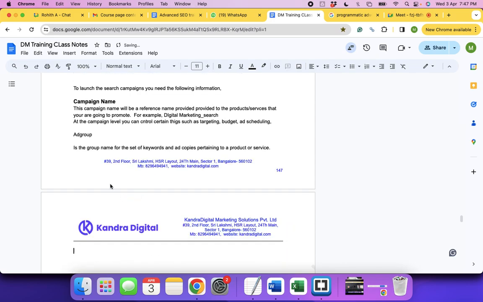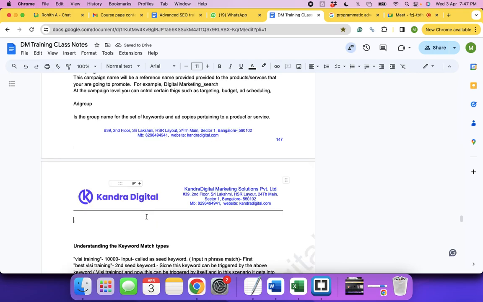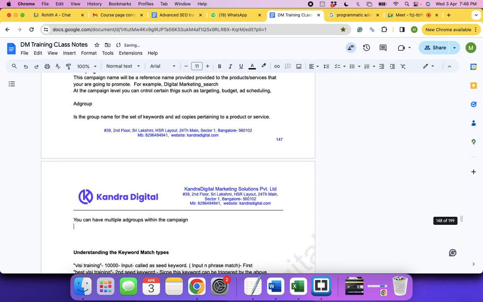Ad group is a group name for the set of keywords and ad copies pertaining to a product or service. You can have, okay, and at the ad group level, you will probably not get an idea what is this ad group, what is this, all we are discussing. I'll show it to you. At the ad group level,